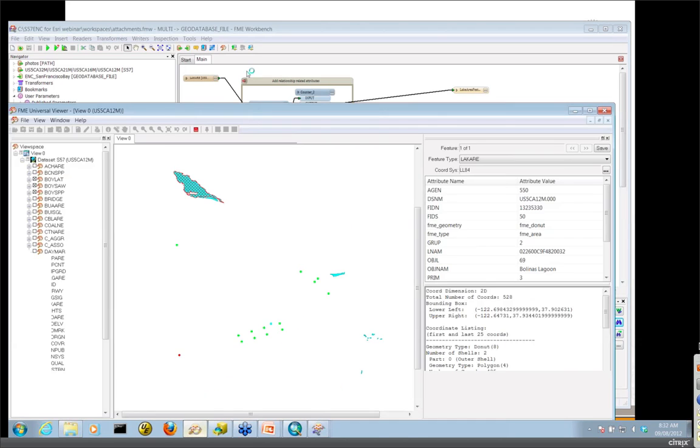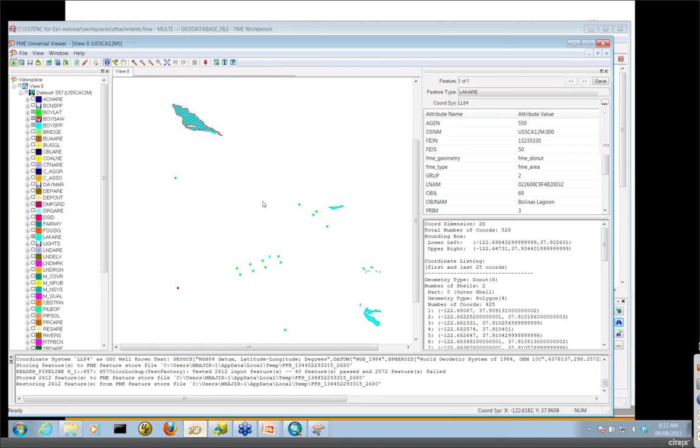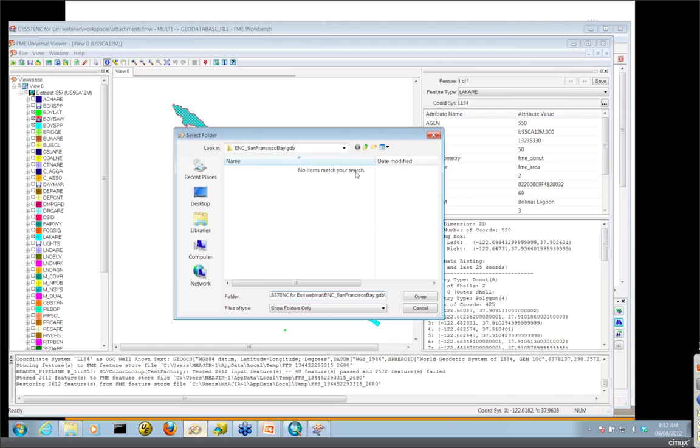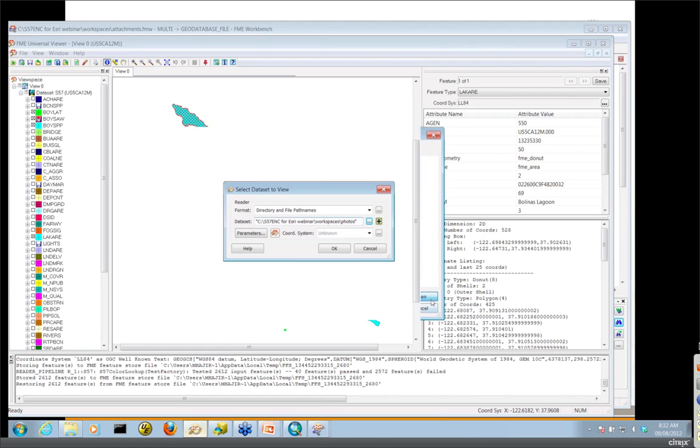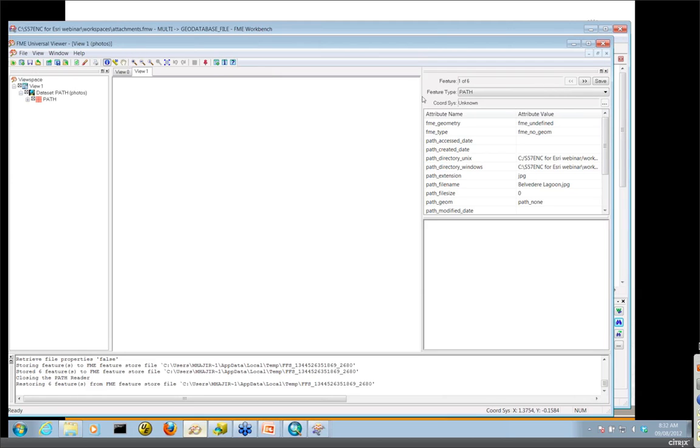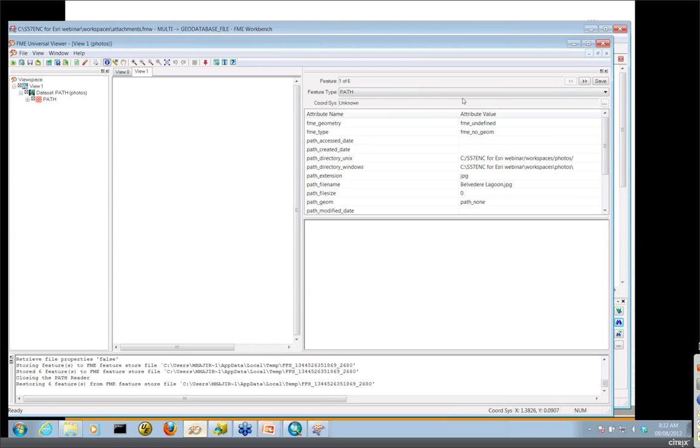So I'm going to use that reader in the FME viewer here and read those JPEG files. I'd like you guys to see what kind of attribution ends up on your features. So it's the directory and file path names reader. And what you need to do is select the folder that contains the photos. And of course, there's no spatial data here, so I have to use my Select Node Geometry button to look at the attribution here. If we go to the right, I've got my 6 features here, 1 of 6, and